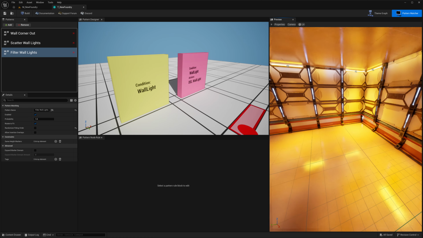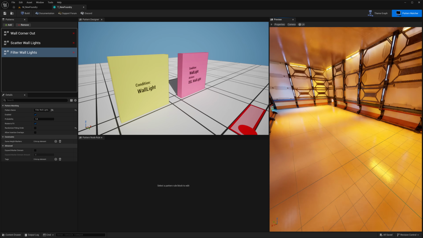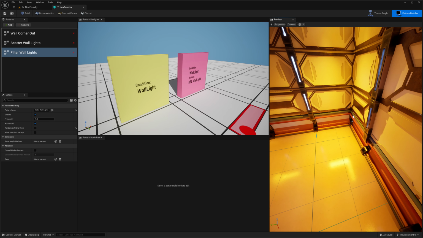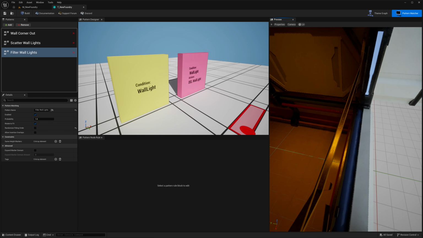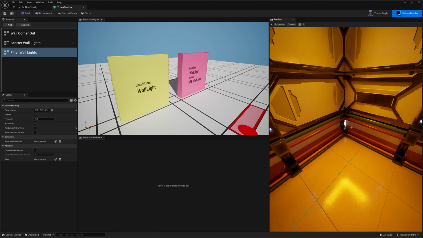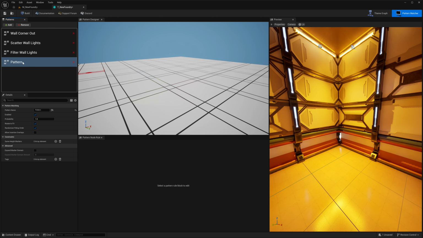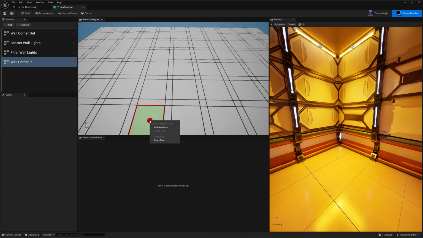Next, we will look at creating corner walls on the inner side, like the way we've done for this. So the pattern that we could work with is, we would want a ground tile here, we would want an empty tile over here, an empty tile here, empty tile here, and we would want a wall edge on these two sides. So let's create one. So click add, let's call this wall corner in, and go ahead and create, add new rule,